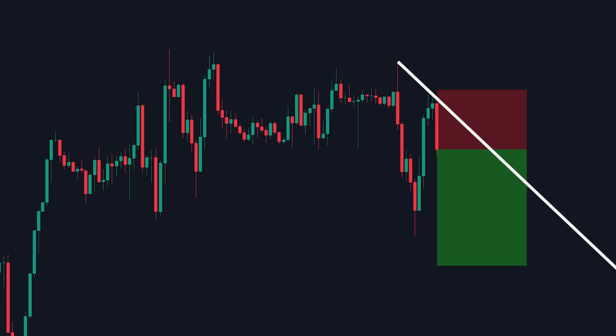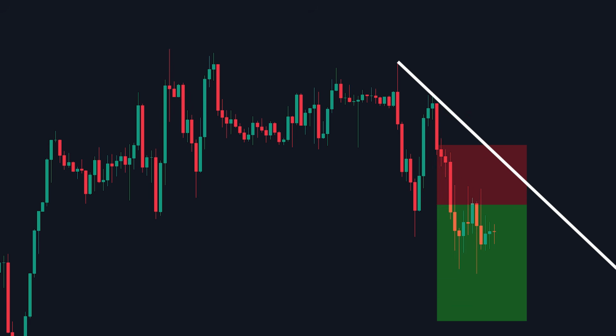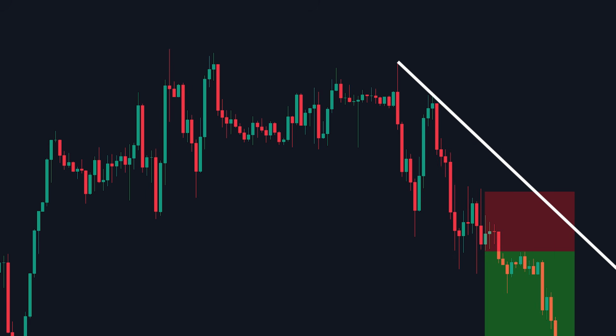And from here, the management is identical to the long trade, just mirrored. Every new low or high, I trail my stop down along the descending line. Price is stair-stepping down, lower high, lower low. I follow it with the stop, and I stay in this short until the market breaks my line and tells me the move is finished.